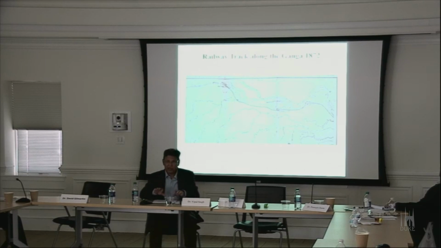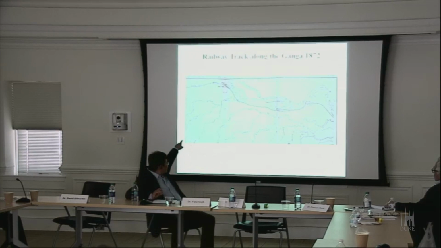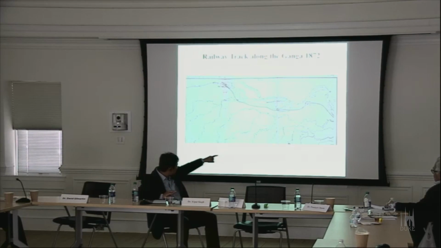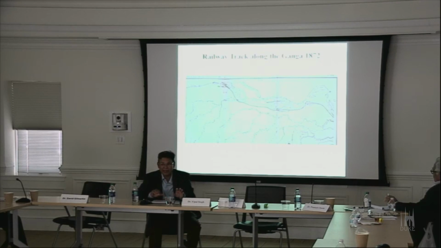Now, there is a reason behind the British government following this line, although the shorter route would have been through a different area. If you want to connect Calcutta with Delhi, or for that matter with Allahabad, the shorter route would have been different. But they followed the older Ganges line because it is on the Ganges line that they were having all those trading partners and trading routes, and that's why they made it a point that this railway line is also along the Ganges.